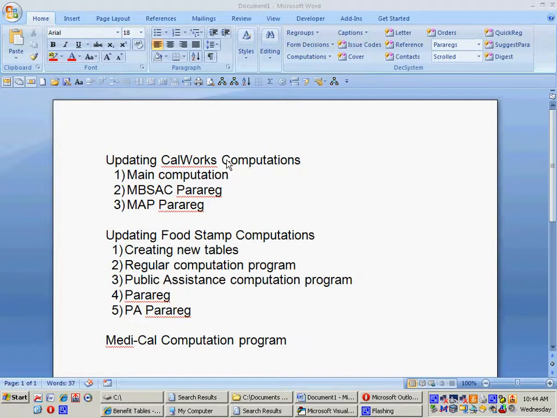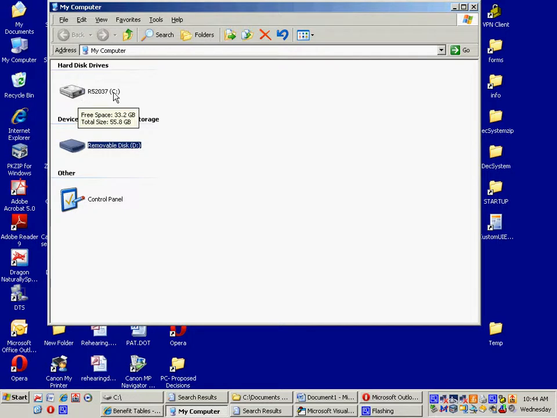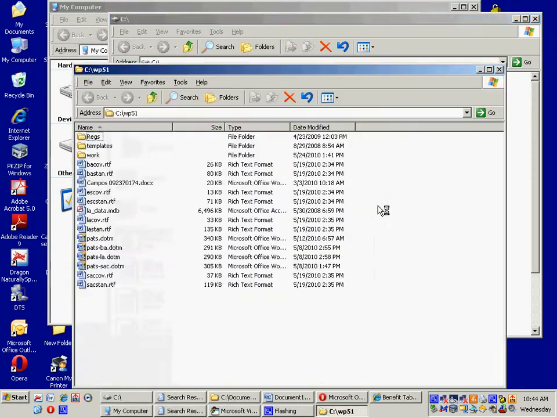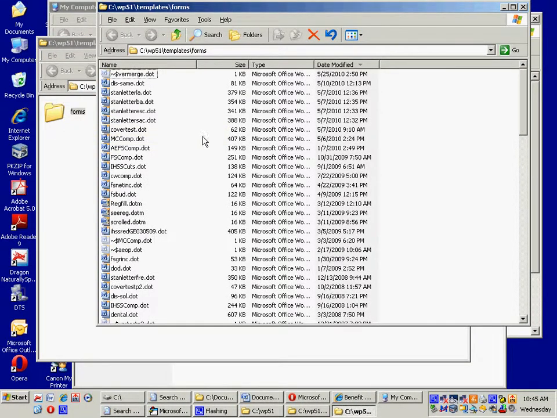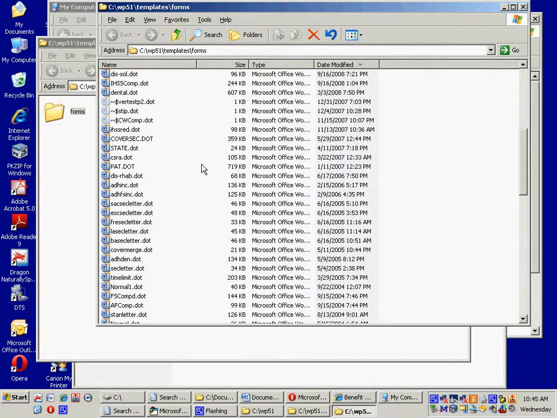The first one is the CalWorks computation. When the CalWorks numbers change, this is what needs to happen. You first need to go to the document that's the form for the computation, which is in CWP51 templates forms, and that particular document is called